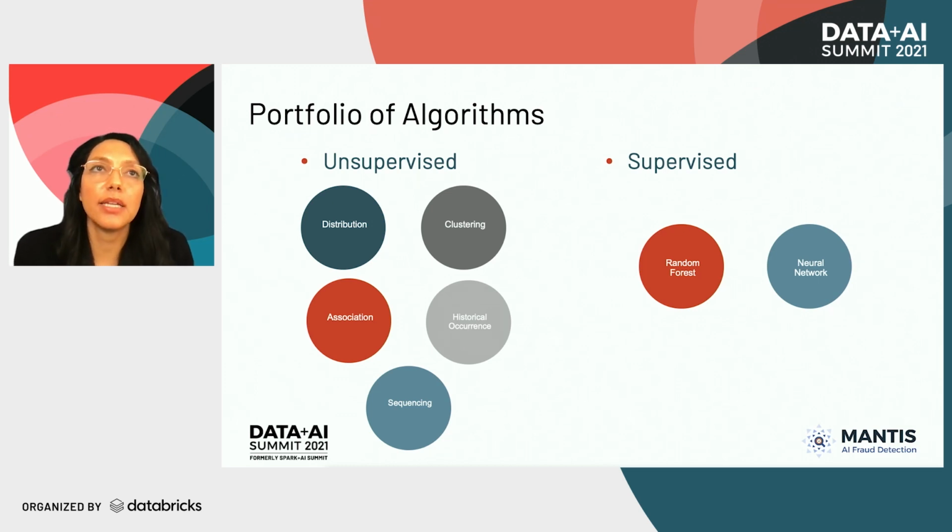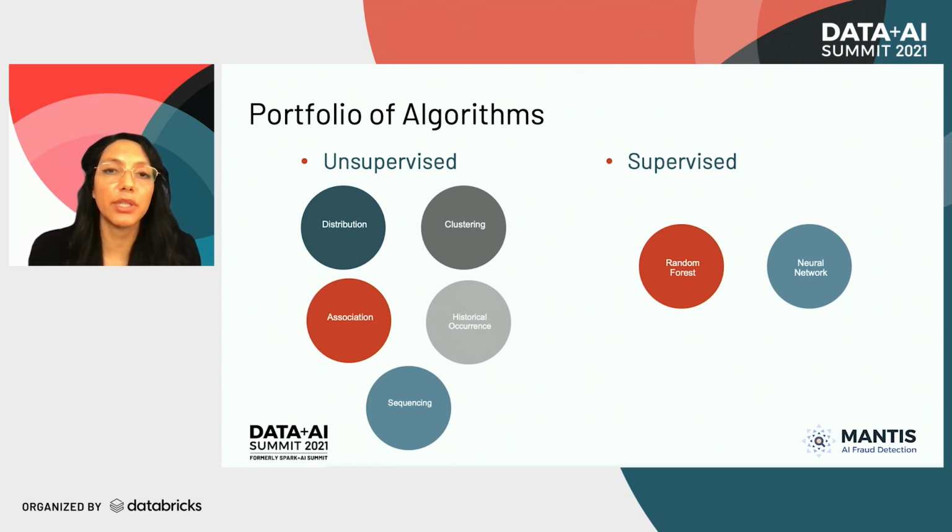Next, we have access to a portfolio of supervised and unsupervised models. Here, unsupervised modeling is really the key because we need to detect things that we're not already aware of. We need to catch the new fraud. And by using unsupervised models, we can do so with less labor because these models don't require the manual labeling that humans have to give input into to identify and confirm the fraud.